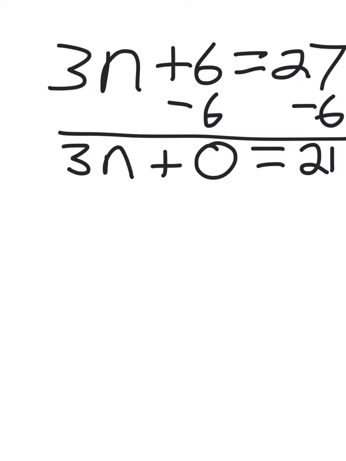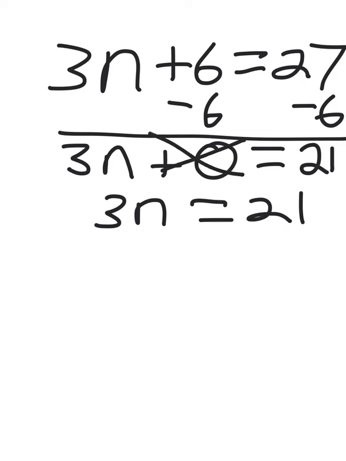on the left-hand side. Now, 3n plus 0 is still just the same as saying 3n. Technically, we don't need to write that plus 0 anymore. So 3n equals 21. I could leave that step out. 3n is now equal to 21, so in order to isolate the letter of n, I need to get rid